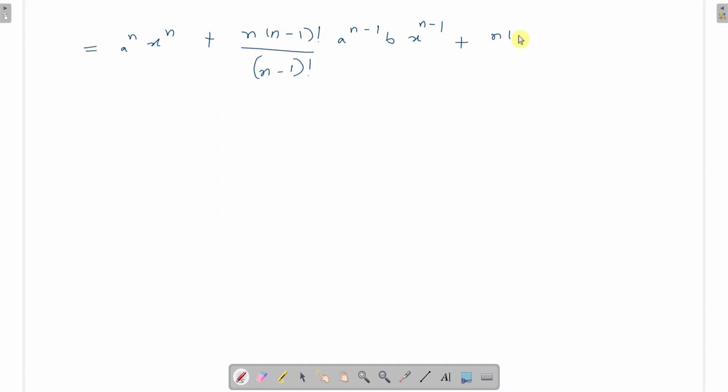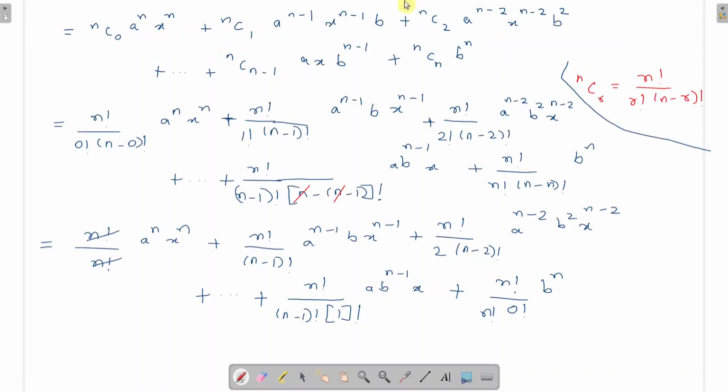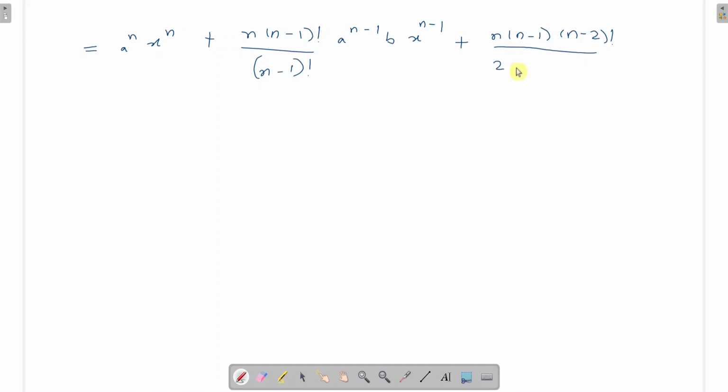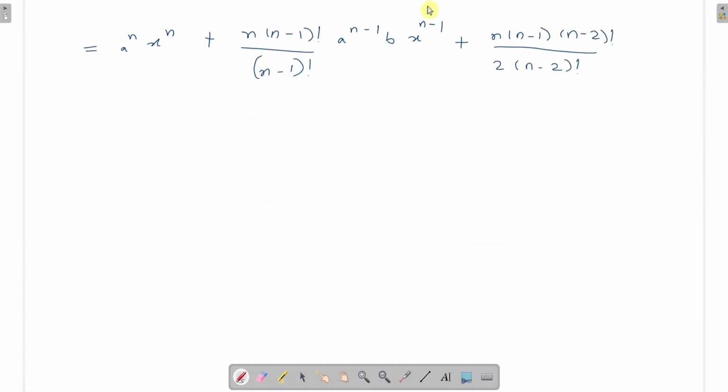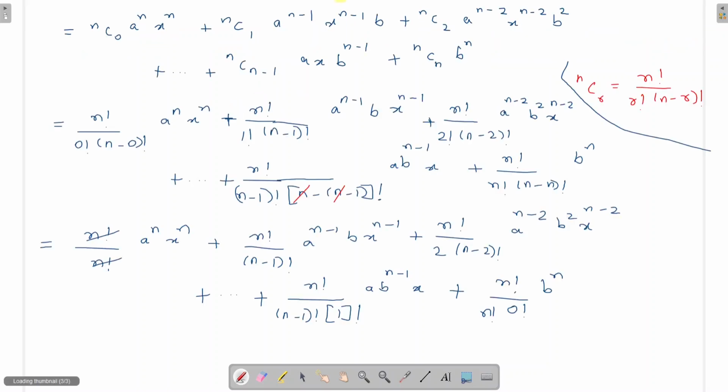So n multiplied by n minus 1 multiplied by (n minus 2) factorial, divided by 2 times (n minus 2) factorial. And then we have a raised to n minus 2, b raised to 2, x raised to n minus 2, then plus and so on,